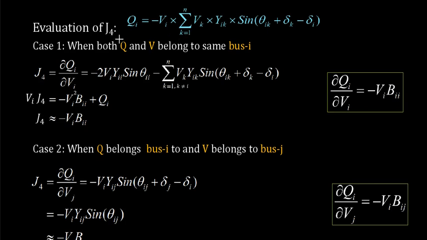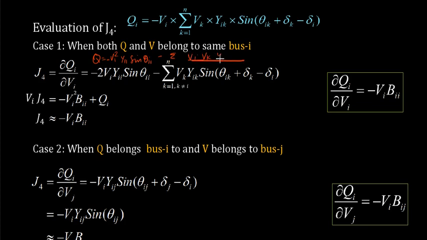So we'll also see how we can calculate J4, which is the change in reactive power with respect to Vi. Again, the reactive power can be split into two parts, and once you differentiate it with respect to Vi, you will have 2 Vi Yii sin theta ii, because the equation for reactive power Qi is Vi squared Yii sin theta ii minus sigma. The rest of the terms will be there. So this is a differentiation.